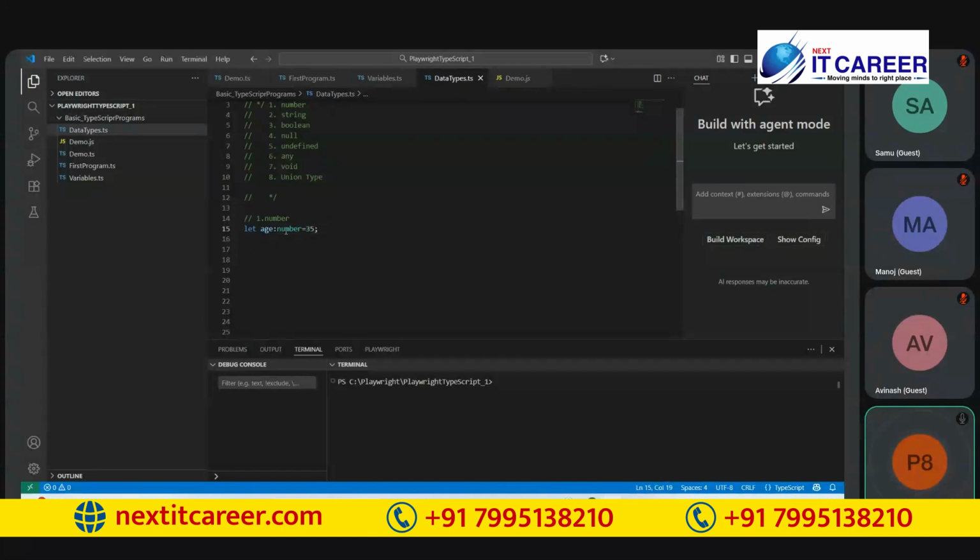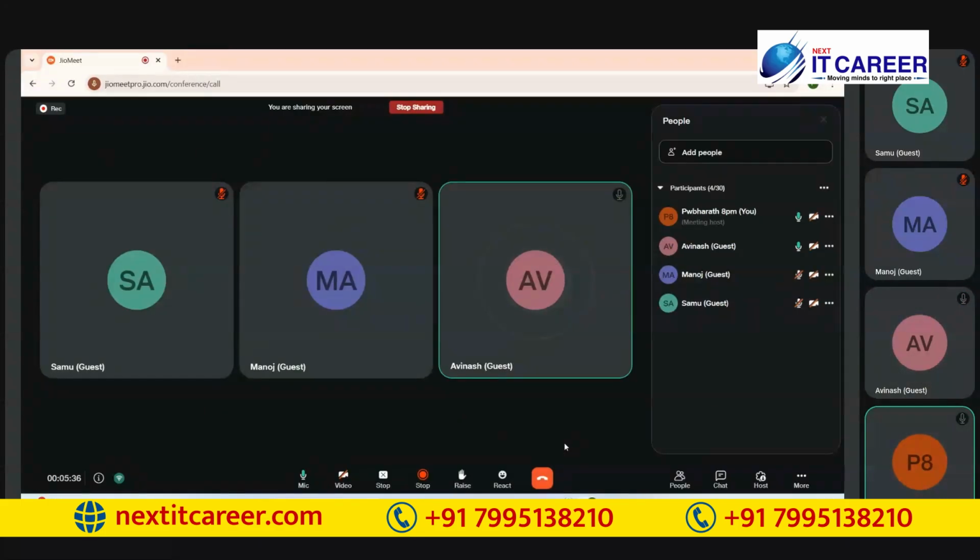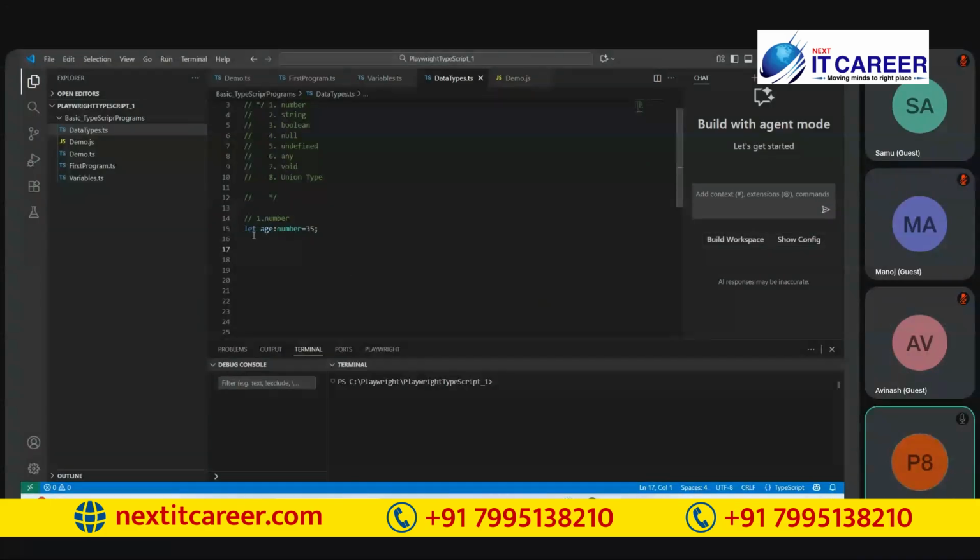So this is the way we specify the type of data in a variable by using the number data type. Is it clear? Guys, please respond. Yes, sir. Yeah. So when storing like this, if I want to know what type of data I am storing in age, here I specify the data type is number.